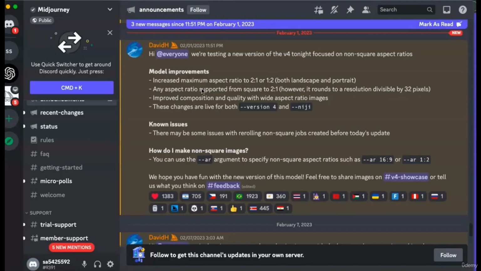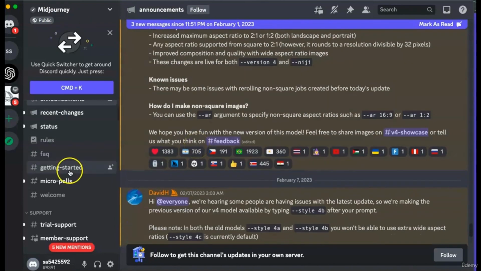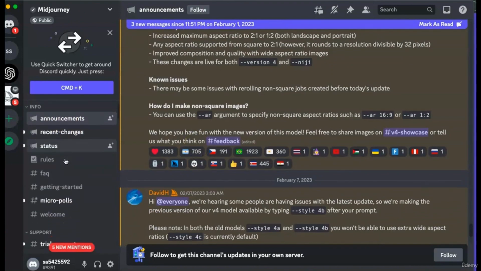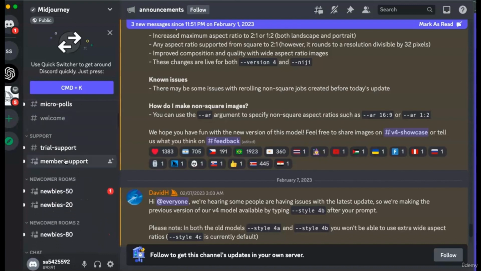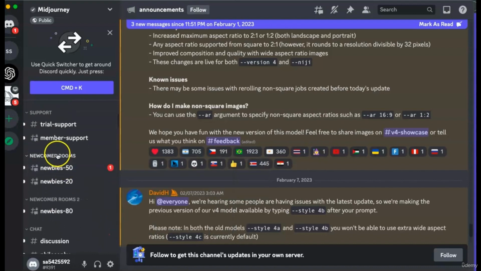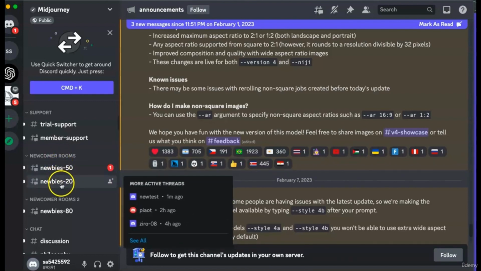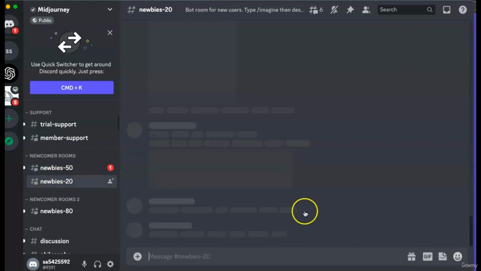Now, because I already have a Midjourney account, it took me to this link where I can see the Midjourney channel and all the announcements in it. So this is taking me to the announcement page. If I scroll down, you can see from the left bar, I will find newcomers room. And within newcomers room, there are new channels. Both of them are more or less the same. You can go to either one